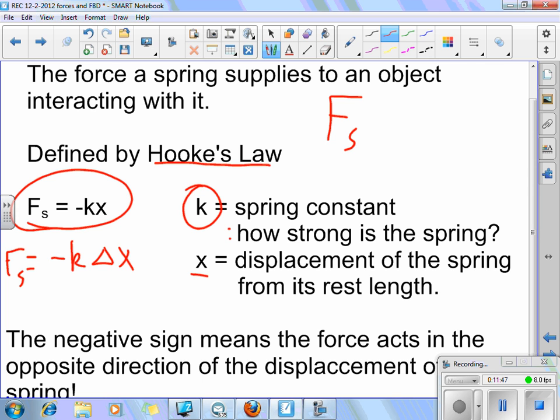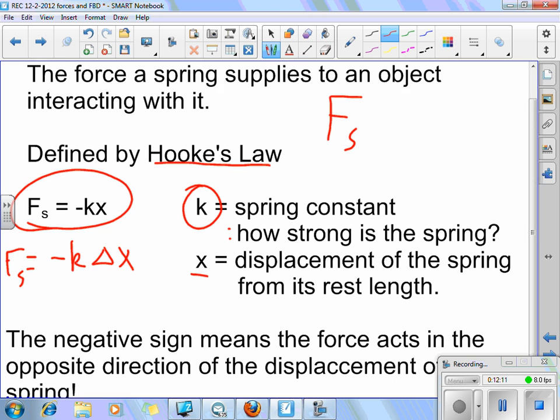And basically, a spring wants to be in a certain length. If you've ever seen one before, if you aren't touching it, it's a certain length. Then you can squish it or pull it apart and it separates away from where it was originally. Now, that's a displacement. However far you pull it away from where it wants to be at rest, that's the displacement. And the more you pull it away from rest, the stronger the force gets, because the more it wants to